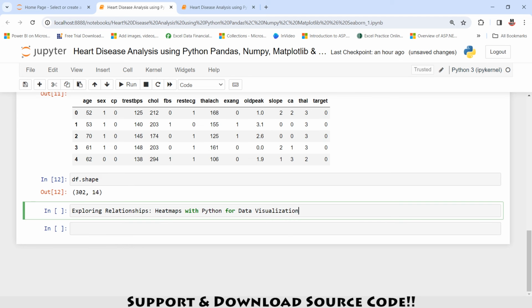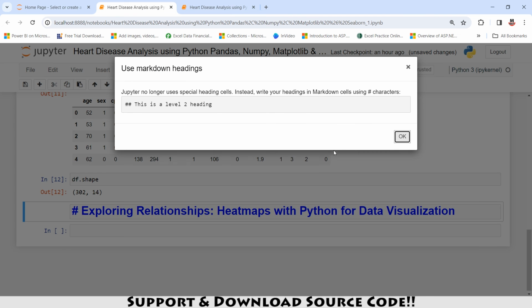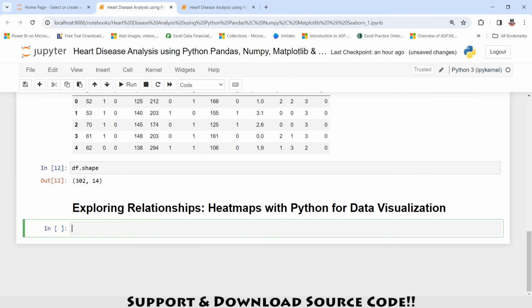So now we are going to explore the relationships between the variables. Here I'm going to select the heading and press OK. Now I'm going to type df.corr. df.corr calculates the correlation between different columns in our dataset. Correlation measures how strongly two variables are connected or related. If I press Shift Enter from my keyboard,